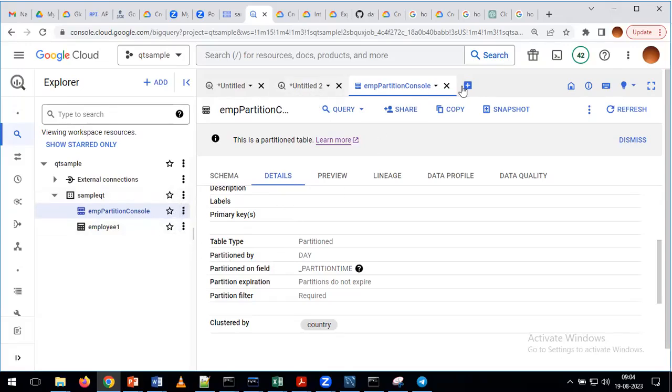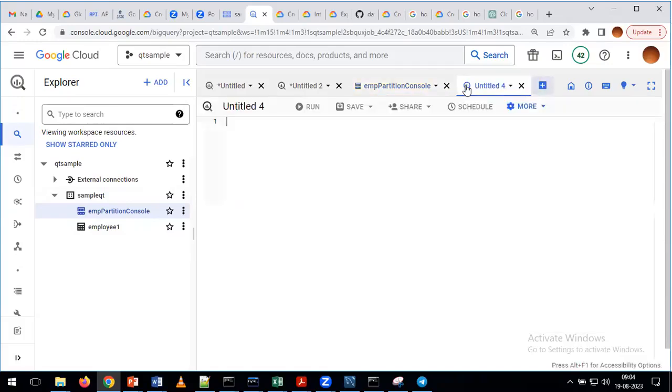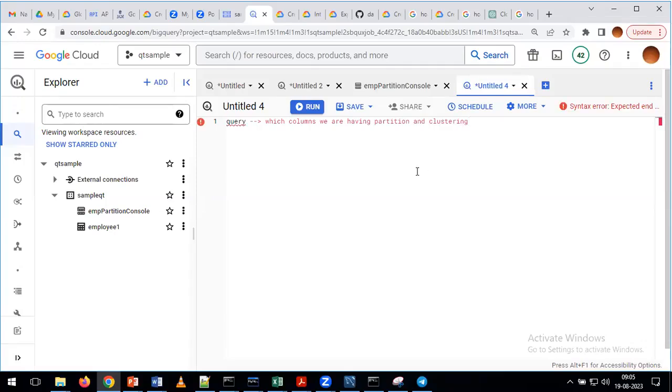Okay. Now, for example, my requirement is I don't want to see this information in this way. I want to frame a query for this. By using the query, I want to check on which columns we are having partition and clustering. So in real time, sometimes we are not going to get access to our console, and in that situation, you need to prepare queries. By using the queries only, you need to see all this kind of information. So when we have this kind of requirement, by using the query, I want to find out which columns are having the partition and which columns are having the clustering. To see this information,